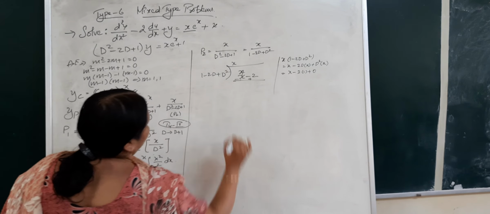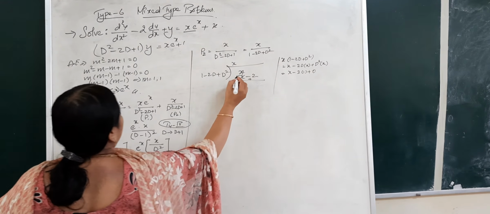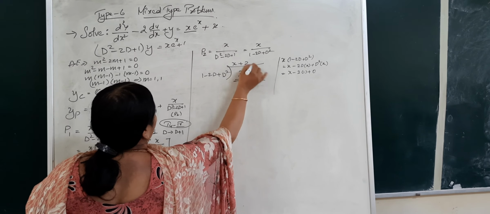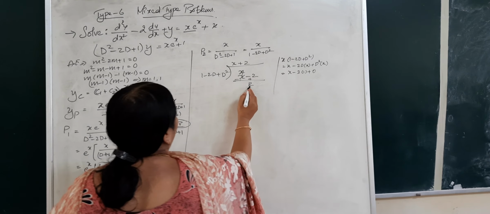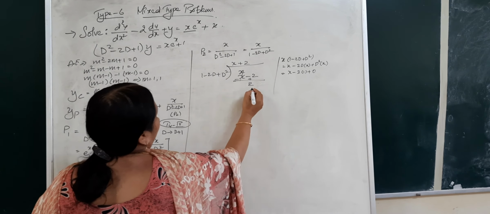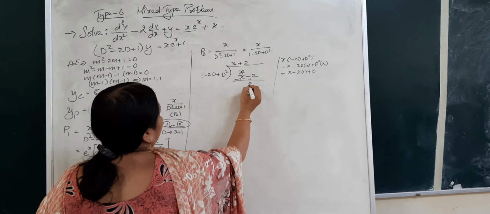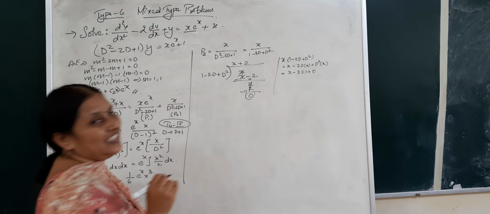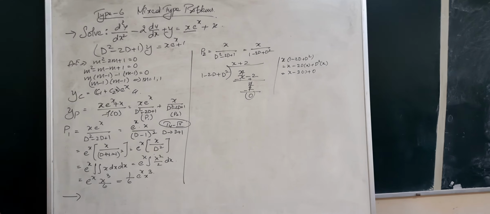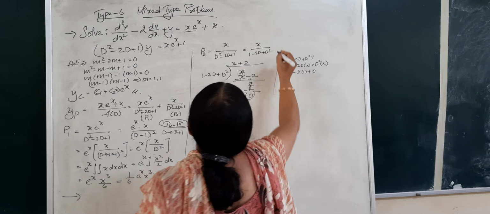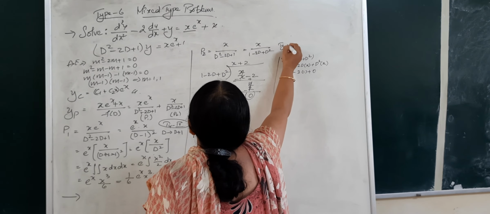Subtract it by changing the signs. Now we get x cut. So 2. Now first term divided by first term is going to be 2. Now multiplying 2 with these three terms, we get the derivative of 2 is 0 and second derivative will be 0. Therefore you get 2 ones is 2. Just 2, and by subtracting it will become 0. Okay. So this is a simple long division that we have. But we got to apply it here. Which type is that? I forgot to mention. Type 3.